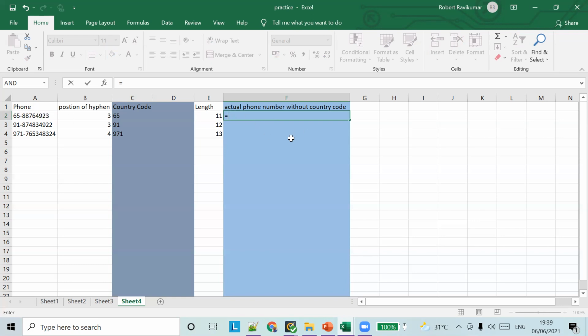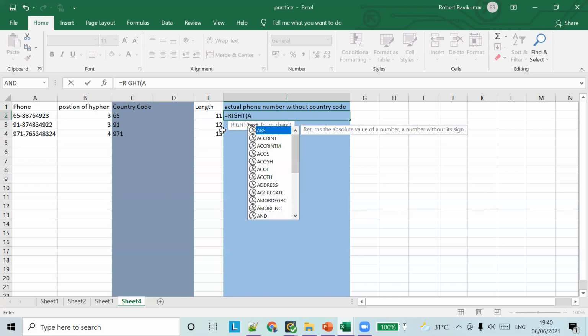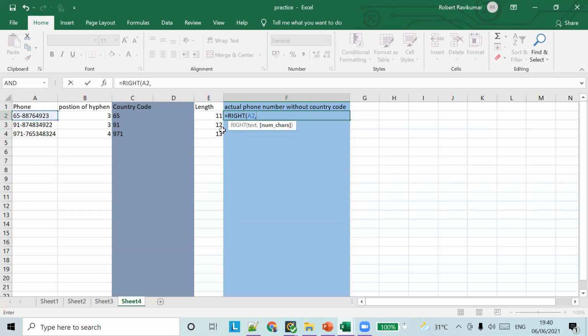What this means is that from the right we are going to calculate, with text A2 and the number of characters. How do you find the number of characters to be calculated from the right? We have to calculate from the right, and we have to find the position of hyphen, right?